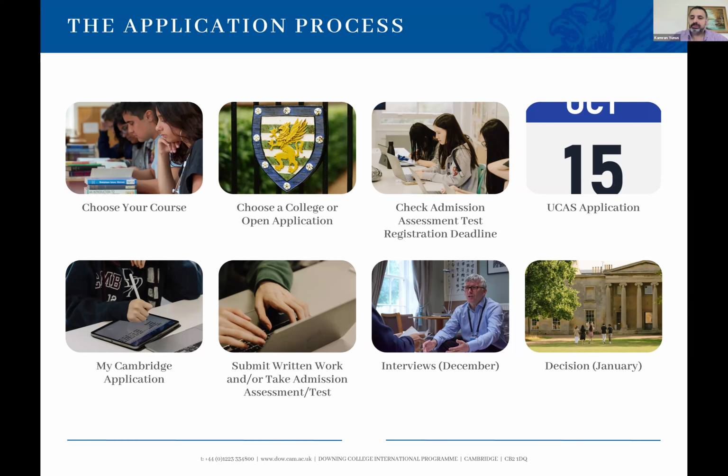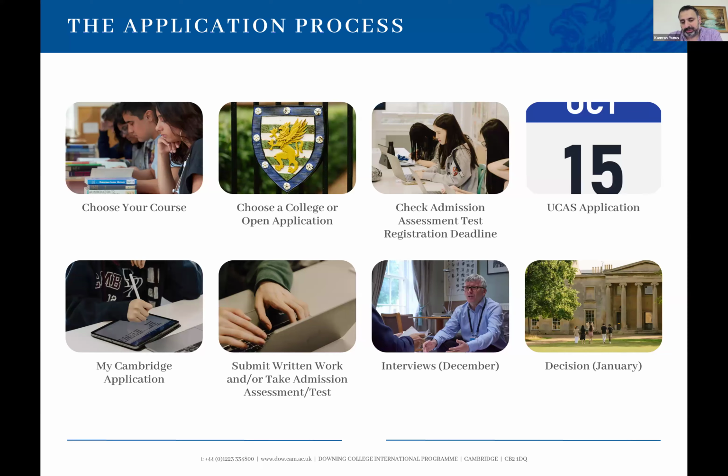Now, the other point talks about the UCAS application deadline. This is the 15th of October if you're thinking of applying to Cambridge. And again, the portal opens up in September and is open all the way through to the end of January. So you can submit a UCAS application form between that window of September to January. However, if you're thinking of applying to Cambridge, your application must be submitted by the 15th of October. If it's submitted after this date, your application won't be considered.